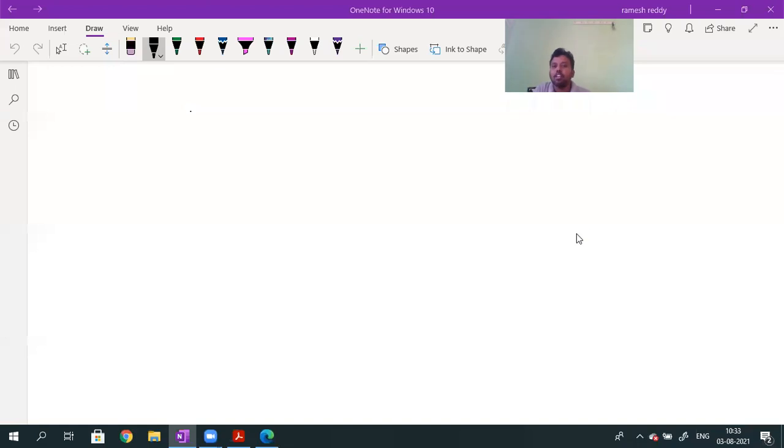Null point means the point at which the resultant magnetic field induction is equal to zero. Such a point is called a null point. This concept is not new for you. Already in previous chapters, in electrostatics, you studied the null point, where the resultant electric field intensity is zero. That point is called a null point.